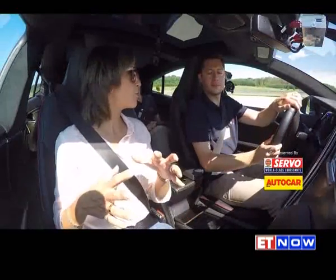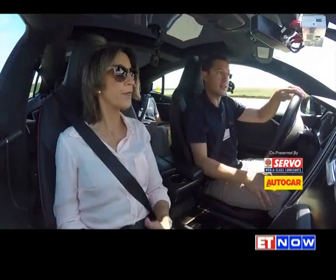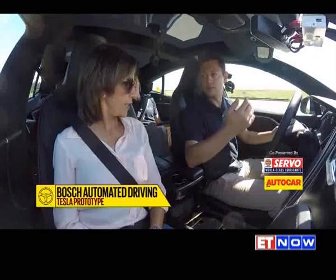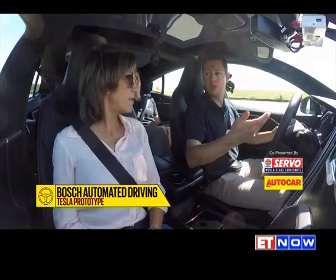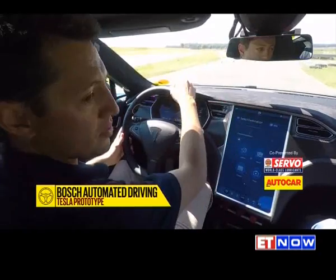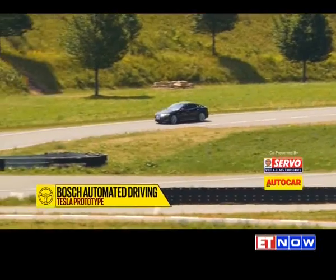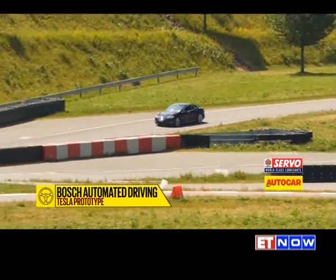So basically it stores the profile of the person and you can have multiple profiles stored. Exactly. But the profile is stored in the cloud. Yeah. So once you would have registered, then it would recognize you as being allowed to drive the vehicle, and pull your profile from the cloud. Okay. Apart from the variable number of profiles that the system can store, let's look at what all the LiDARs,